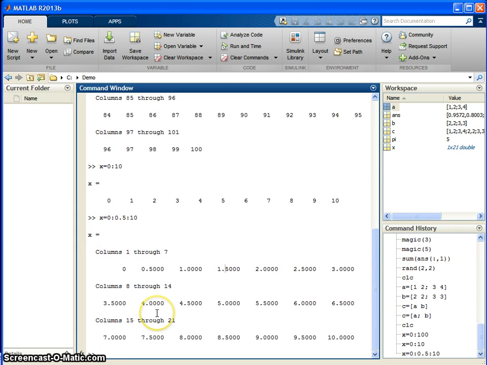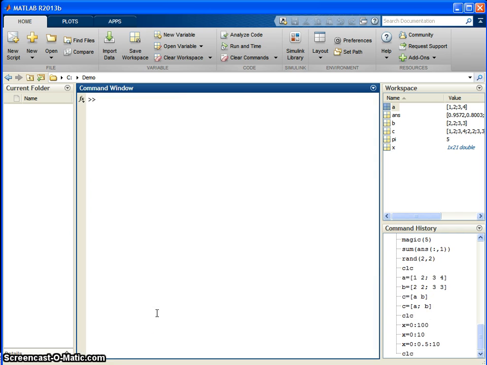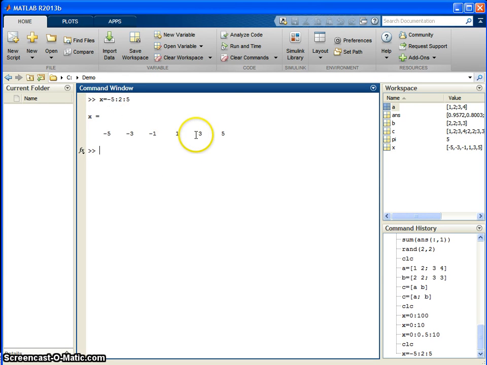Even the numbers can start from negative as well. As you can see here, I say x equals -5, steps of, let us say, 2, and up to +5. So this is how the sequence works. Like this, any sequence can be generated by using the simple colon operator.